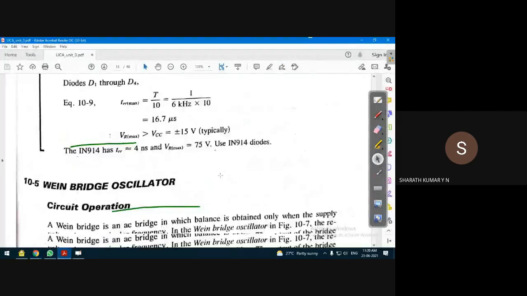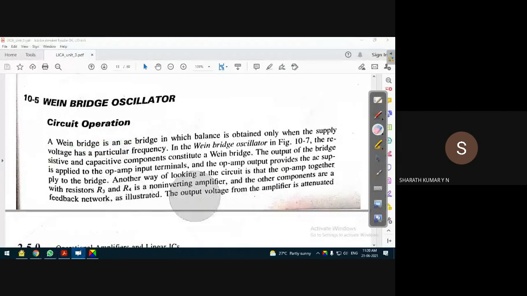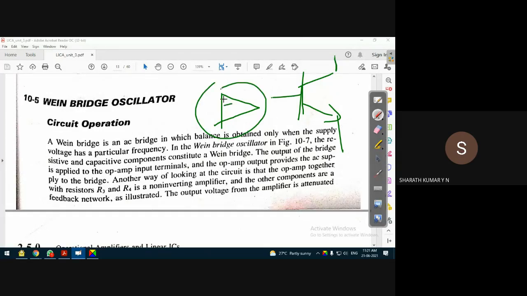Okay. So next type of oscillator circuit what we discussed, which makes use of op amp. Because ultimately all these oscillators we can implement using even the BJT transistor also, that is possible. But op amp has its own advantages compared to BJT amplifier or any other type of amplifier.